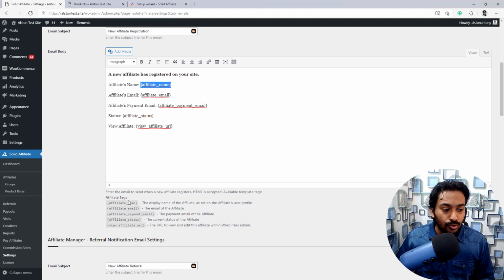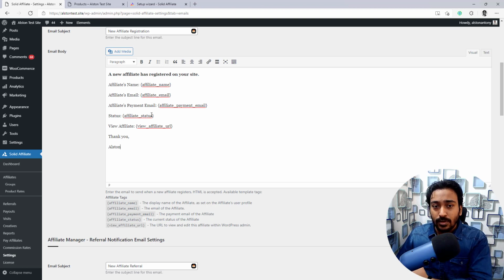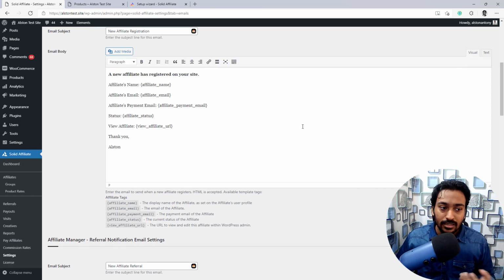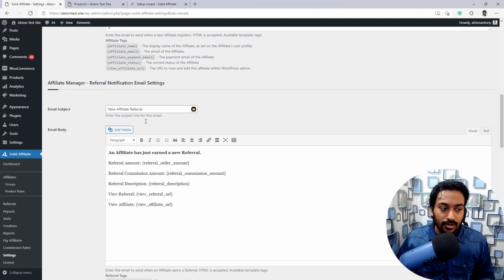So you have the option to use dynamic name, email, PayPal email, status, affiliate URL, all of this, and you can change all these things. For example, I can also include a thank you or something like that. So you control all this. There is no drag and drop or anything like that. Currently, it just supports basic HTML. You can paste it here, and if you design the HTML template nicely using any external service, you can copy and paste that HTML directly in here as well. Depending on your need, you can set up this new message option.